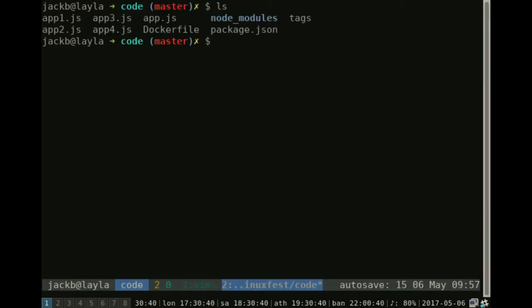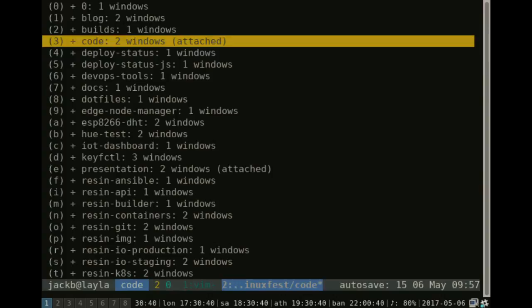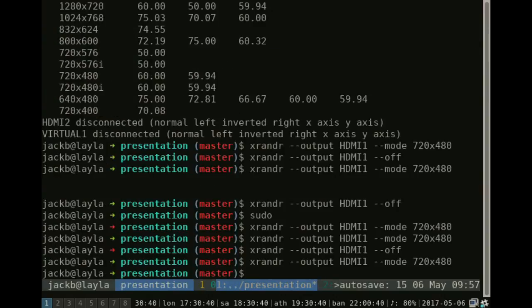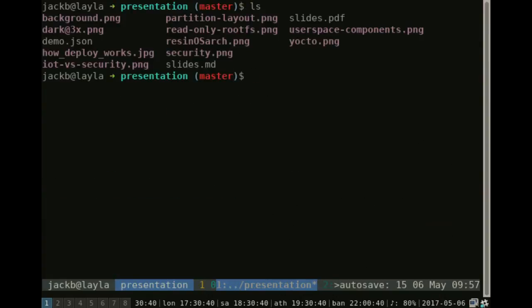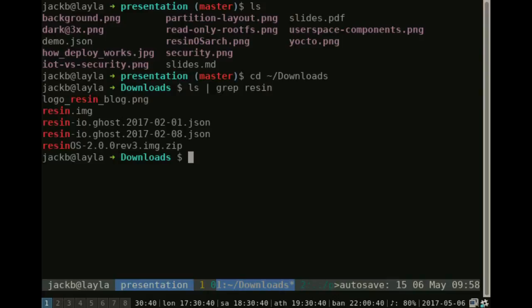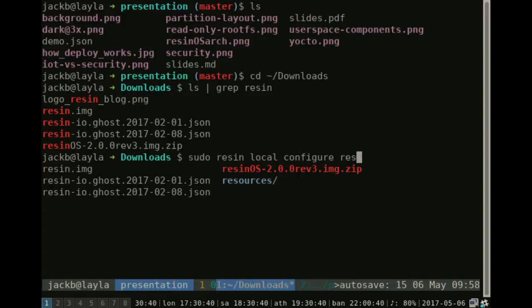So if you see here, I should have, so no resin image. Yeah, so I have resin.image there. So if I do sudo resin local configure resin.image,